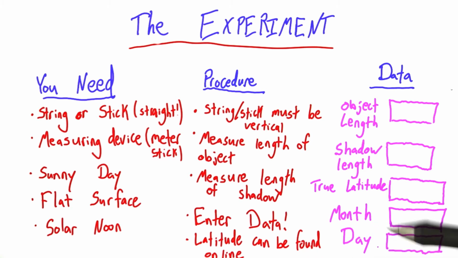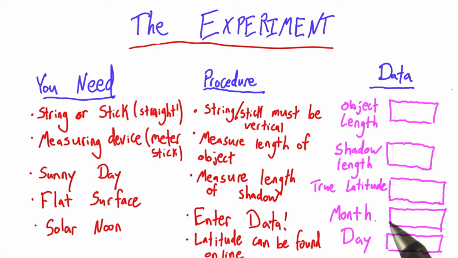Next, you're going to have to enter the month and the day. Now, why do we need to do that? Think about that for a second. Well, ideally, you're doing this experiment on the summer solstice, which occurs around June 21st or 22nd. That's the longest day of the year in the northern hemisphere. Unfortunately, by the time this class comes out, it's going to be too late to actually get the summer solstice. But it's still right in the middle of summer for the northern hemisphere, and it's pretty close to the solstice,